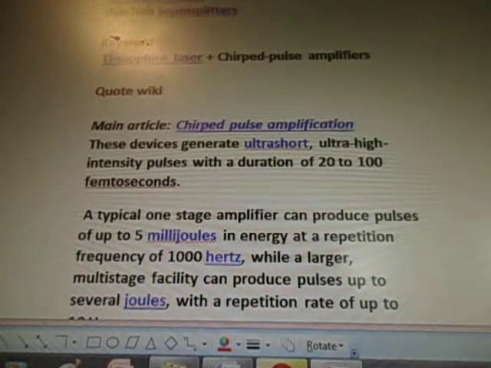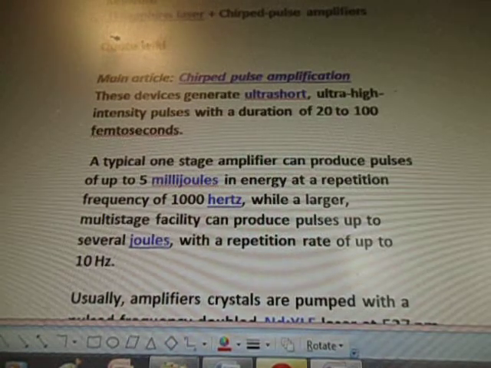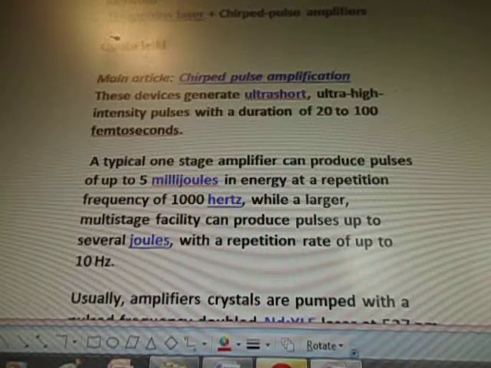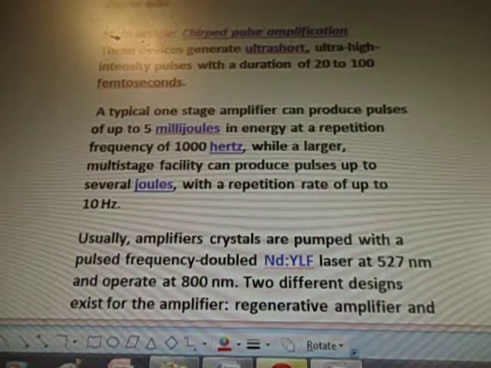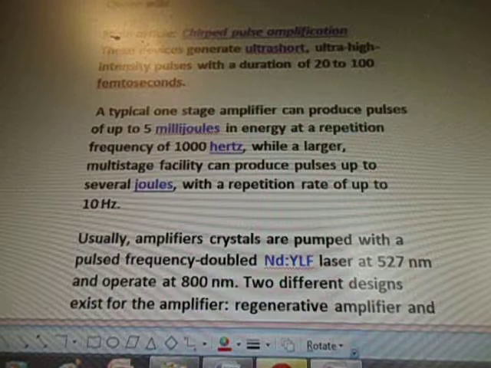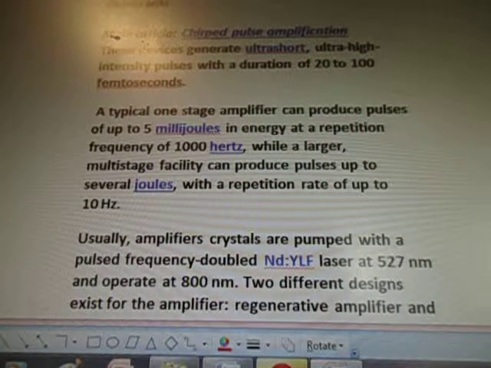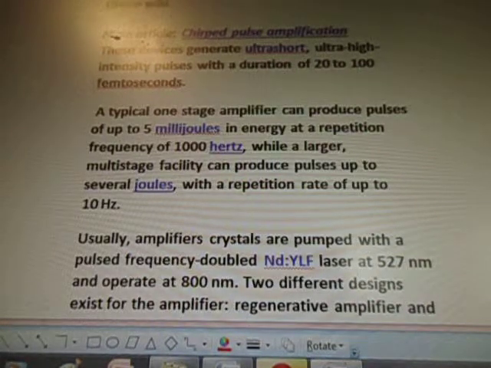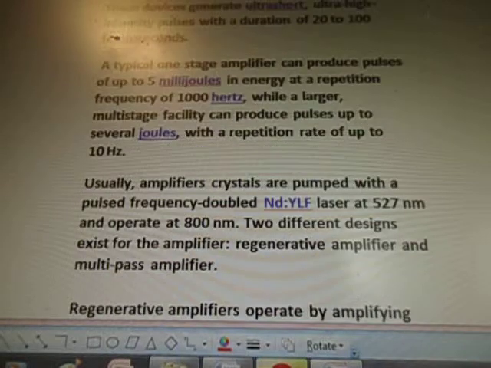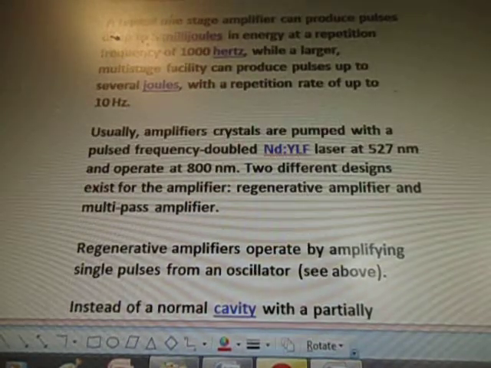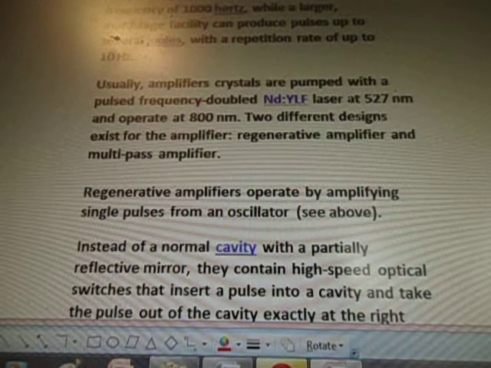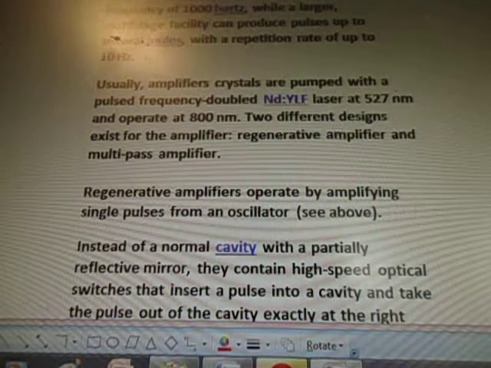So, quote from Wiki, main article. These devices generate ultra-short, ultra-high intensity pulses with a duration of 20 to 100 femtoseconds. A typical one-stage amplifier can produce pulses of up to 5 millijoules in energy at a repetition frequency of 1000 Hz, while a larger multi-stage facility can produce pulses up to several joules with a repetition rate of up to 10 Hz. Usually amplifier crystals are pumped with a pulse frequency doubled Nd:YLF laser at 527 nm and operate at